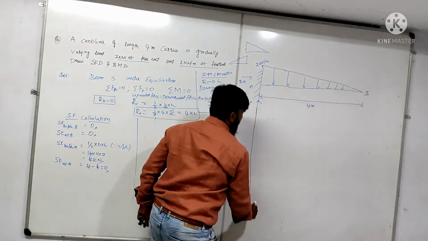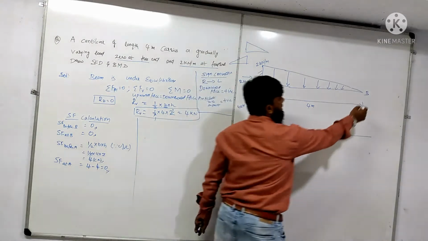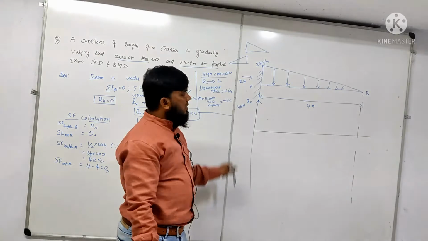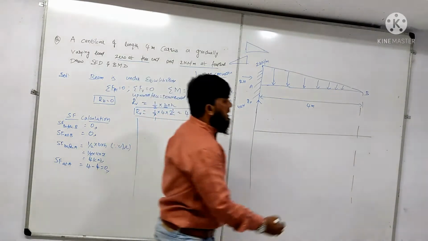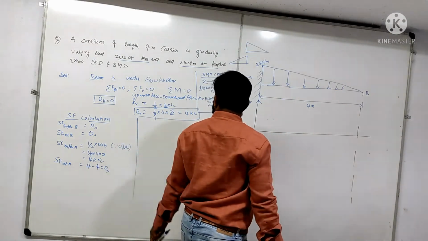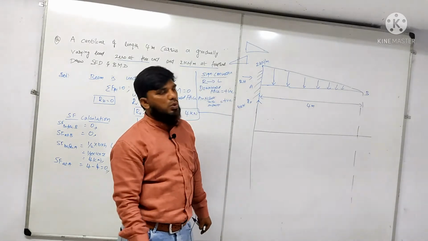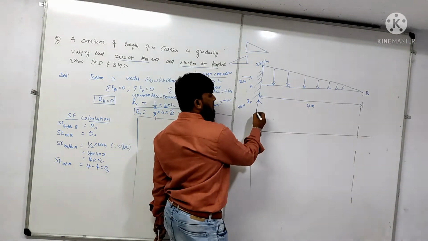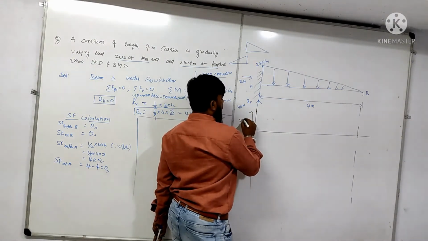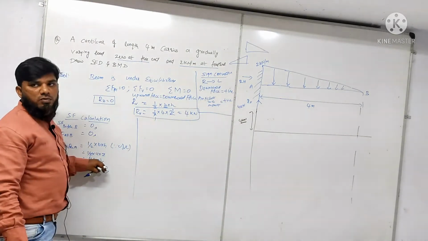Whenever a shear force diagram is asked, you have to draw a baseline and extend the points in between which we are going to draw the diagram. So this is my case now. First, initially, the value at point B is 0. Next, there is no other point here, so no need to consider anything. Directly we are coming here and we obtain 4 kilonewton. This is positive. 4 kilonewton point we have reached.